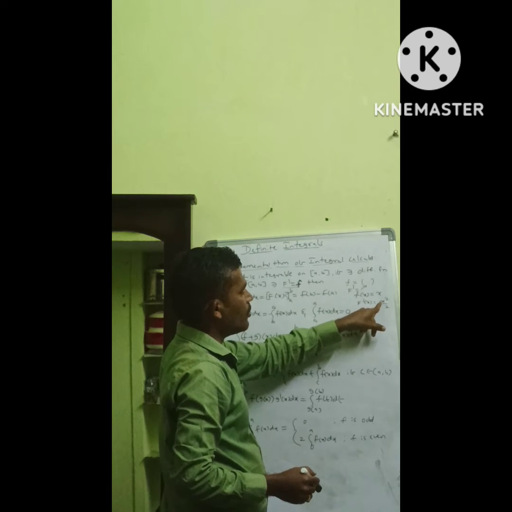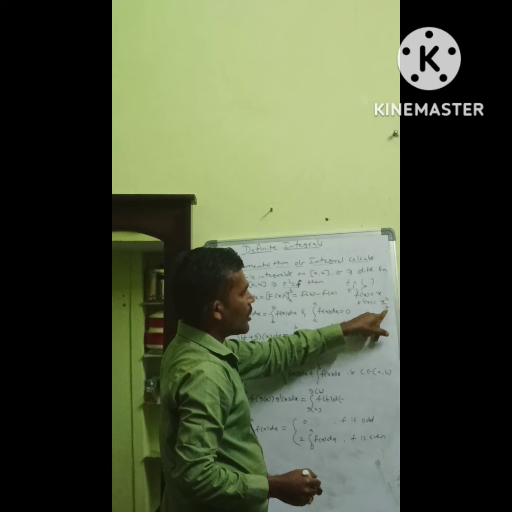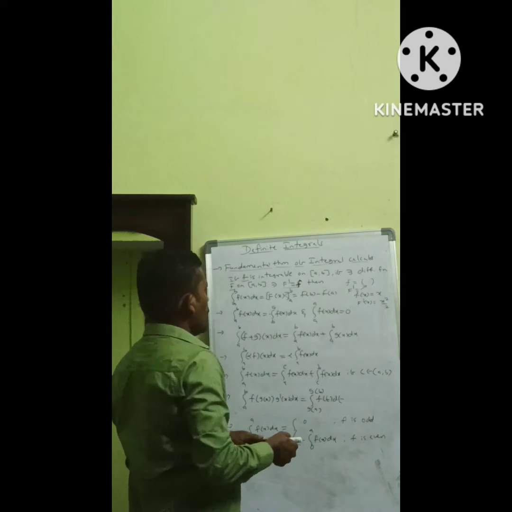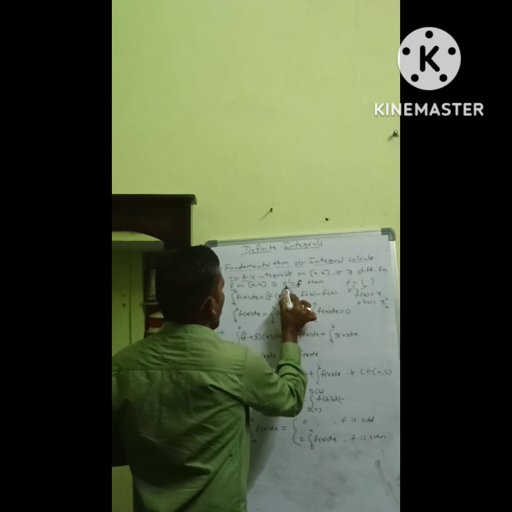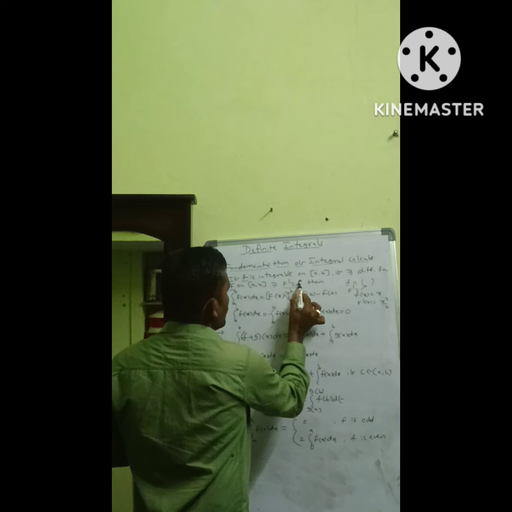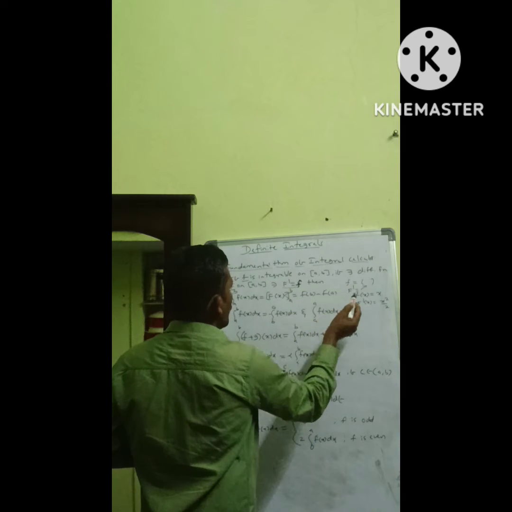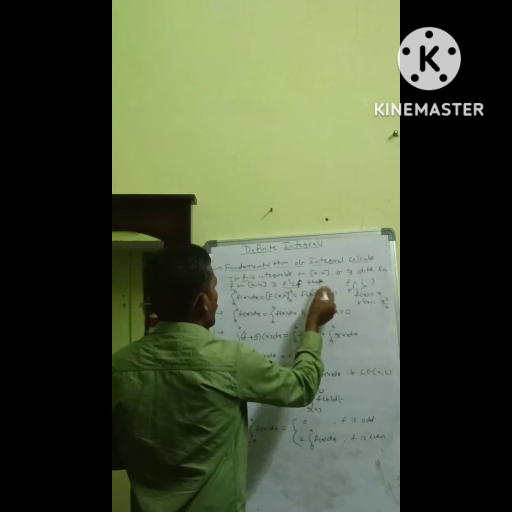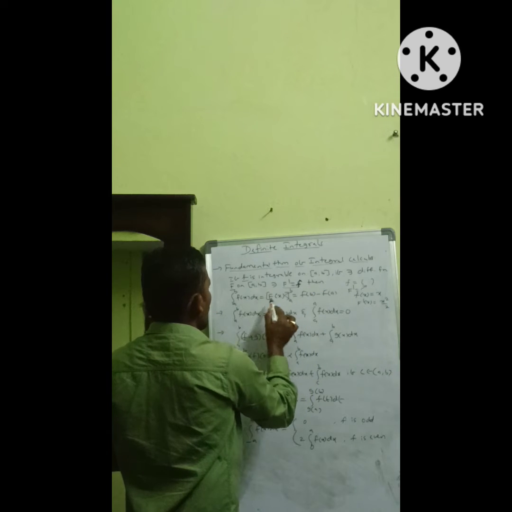So 2x here, the 2 cancels and only x remains. So F dash is equal to f. Therefore, if f is integrable and F is differentiable, then the integration